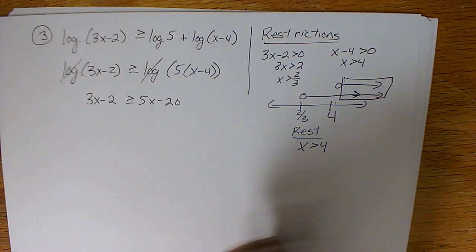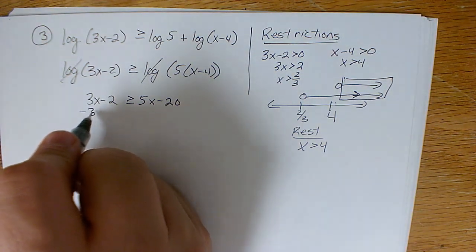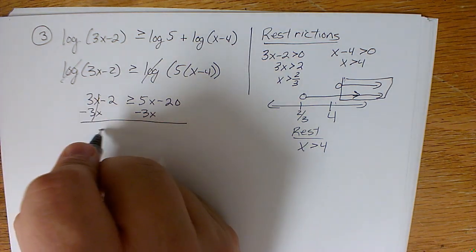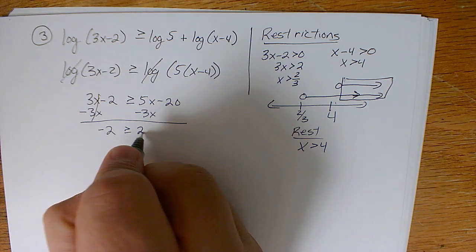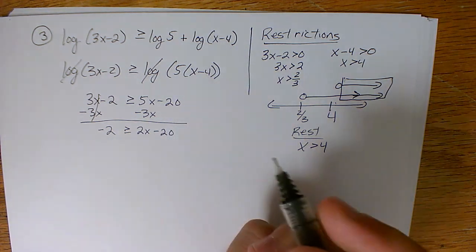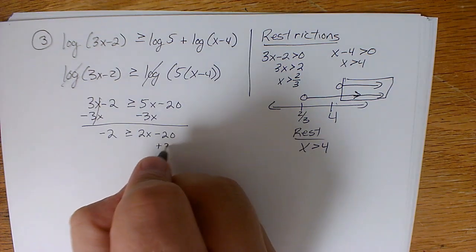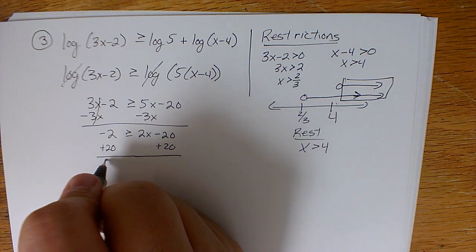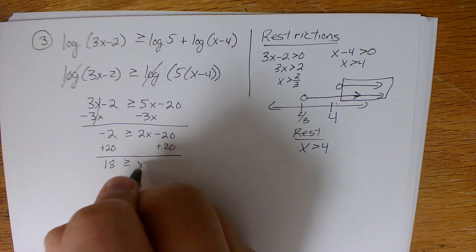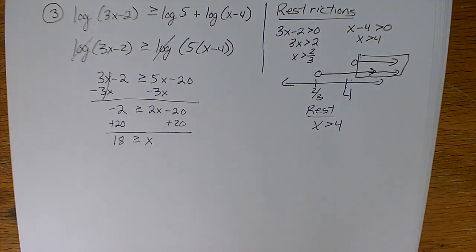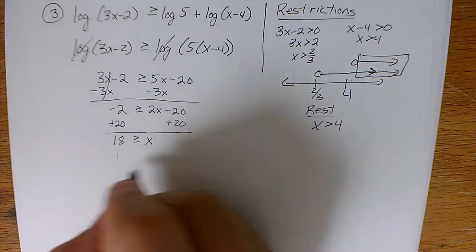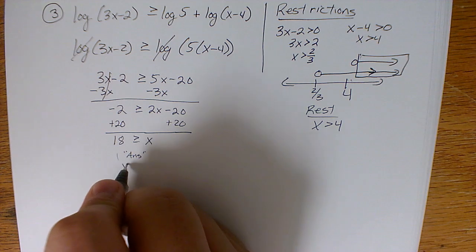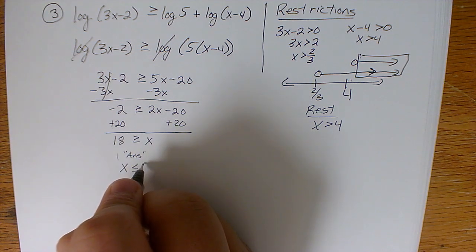And then we solve it just like any inequality. Subtract 3x, subtract 3x. Negative 2 is greater than or equal to 2x minus 20. Add 20 to both sides. 18 is greater than or equal to x. And once again, just because I'm the old school fanatic, I do like moving the x to the left side. So this answer is x is less than or equal to,